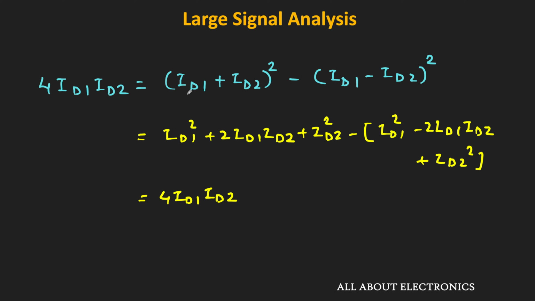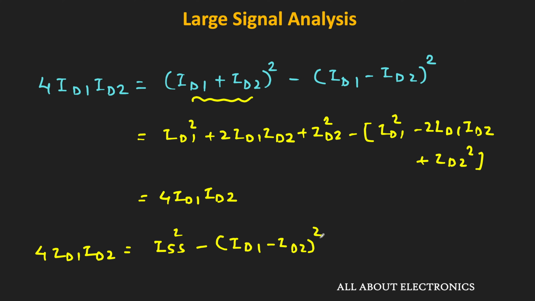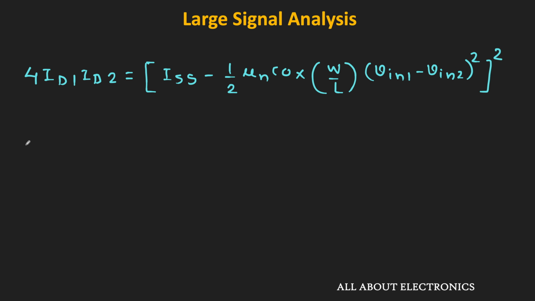And as we know, this id1 plus id2 is equal to ISS. That means we can write this 4 id1 times id2 as this ISS square minus this (id1 minus id2) whole square. So let us replace this 4 id1 times id2 by this expression. That means now we can write this expression as ISS square minus (id1 minus id2) whole square, that is equal